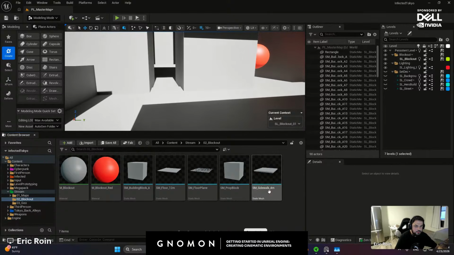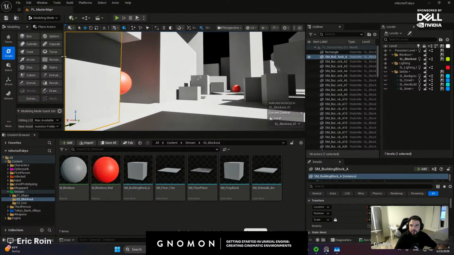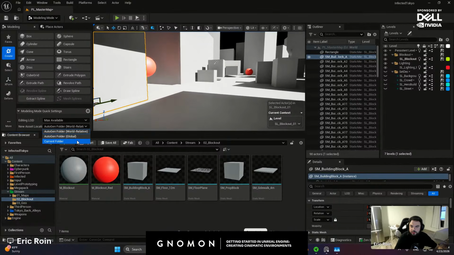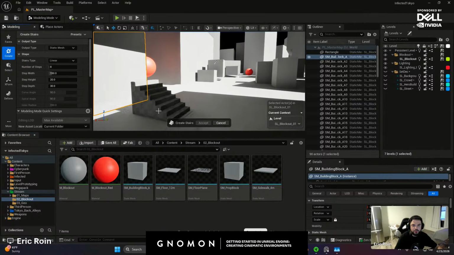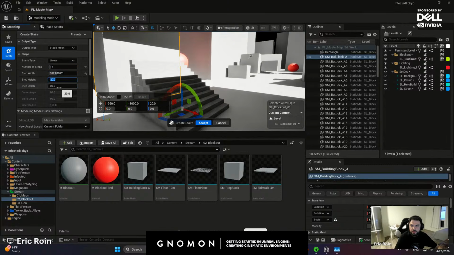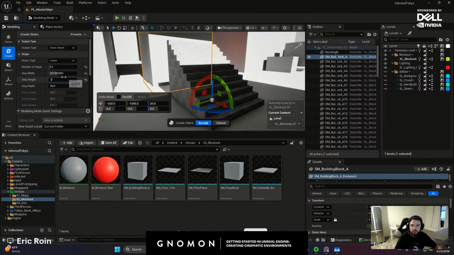I used one piece for the sidewalk, one piece for the floor, cubes. It's really easy to make new shapes. If your blockout requires you to have, let's say, a staircase, and you don't want to go to Blender or Maya to do that, you can just drop in the stairs, change the number of steps, change the width of those stairs, and so forth. And it can be really, really fast, especially if you're short on time.